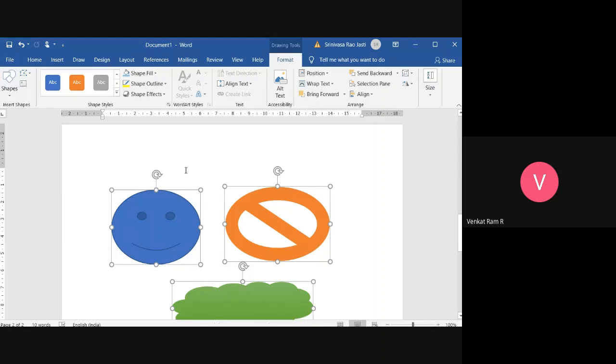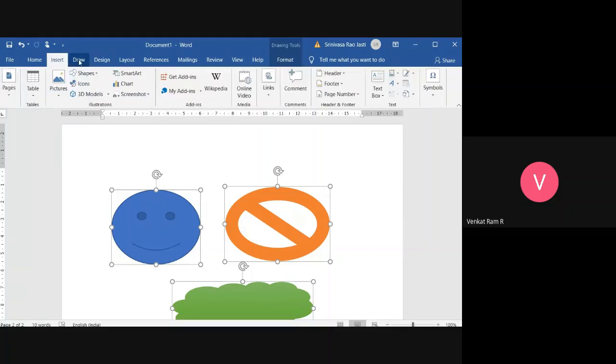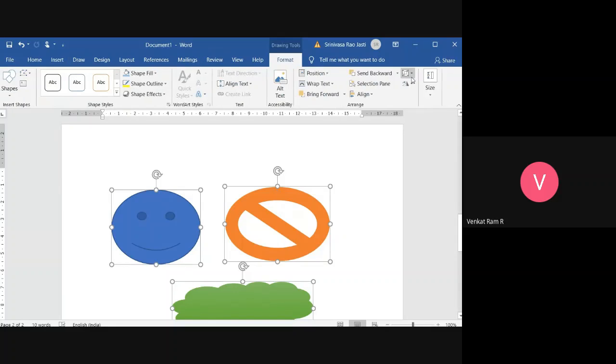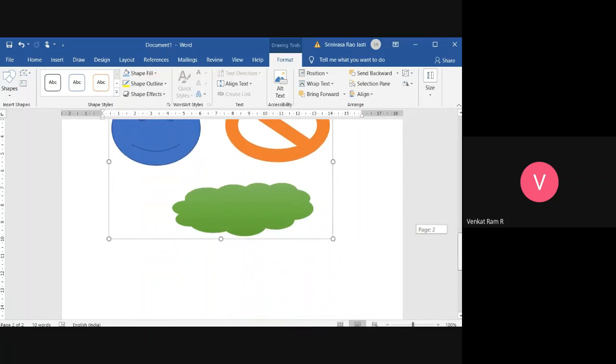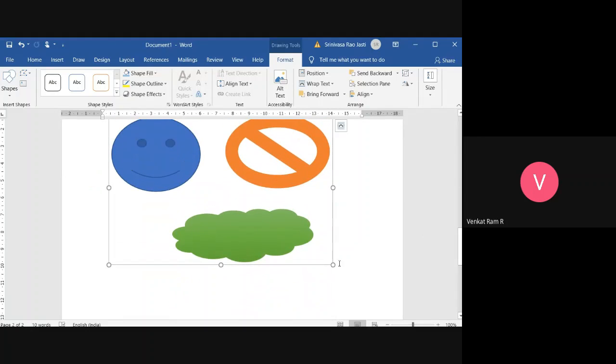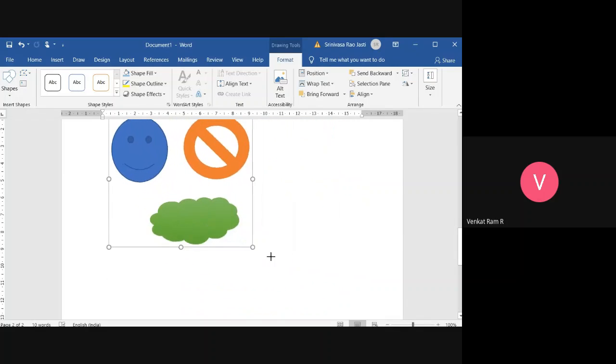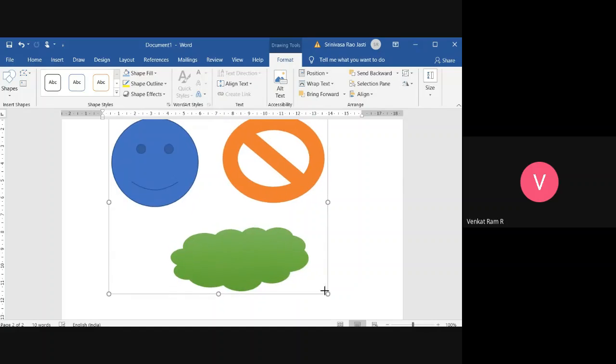If you select 3 images, see here in the Format option, in Arrange, you are getting this Group. If you click on this group, see now the 3 images are converted into one, and if you are increasing or decreasing the size, all the 3 are changing together.